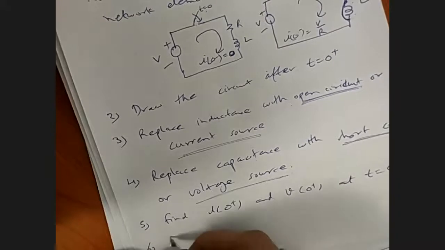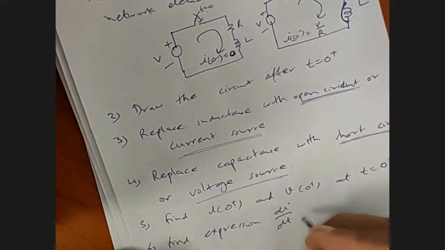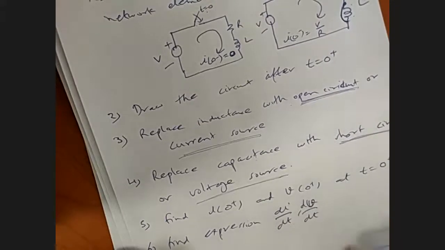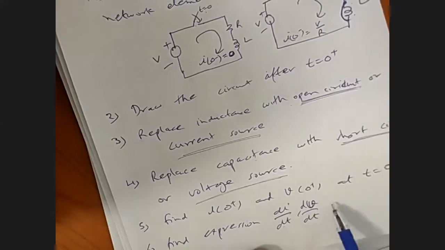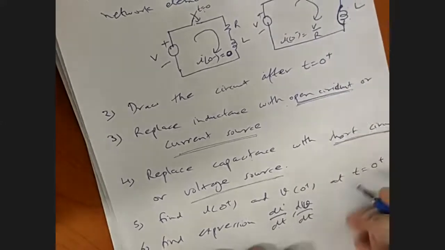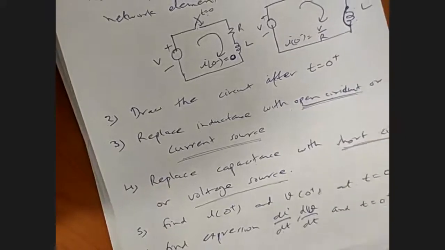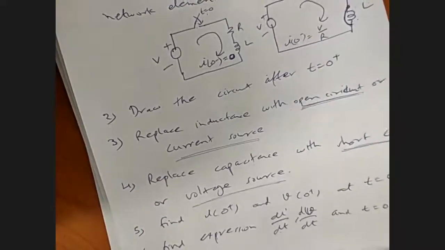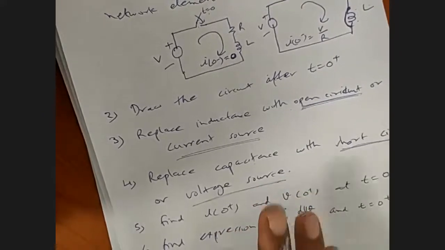Now find the expression of di by dt and dv by dt. मीन्स सर्किट की इक्वेशन लिख लो। इट मे बी di by dt हो और इट मे बी dv by dt, डिपेंडिंग आप कौन सा एनालिसिस कर रहे हो। And then find at t equal to 0 plus, that means di 0 plus by dt and so on, and similarly for d square I and so on। नहीं समझ में आएगा तो भी कोई दिक्कत नहीं है। When we will be going through a circuit, it will be easily understood। For easy understanding I will be explaining।